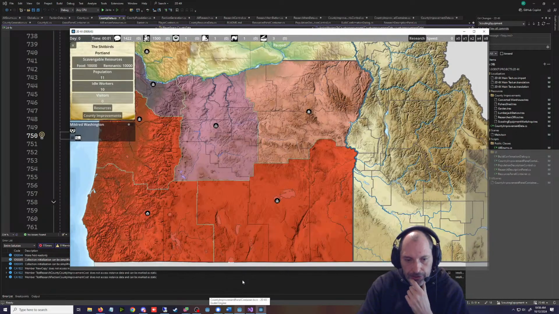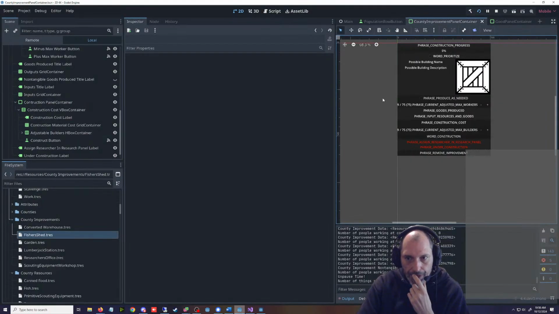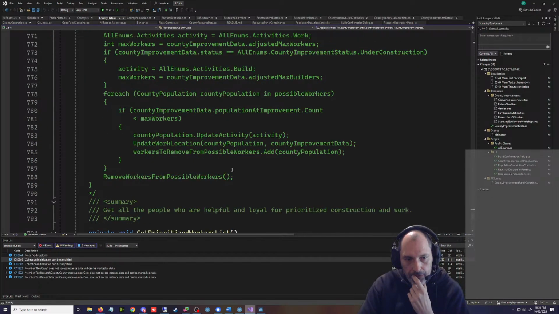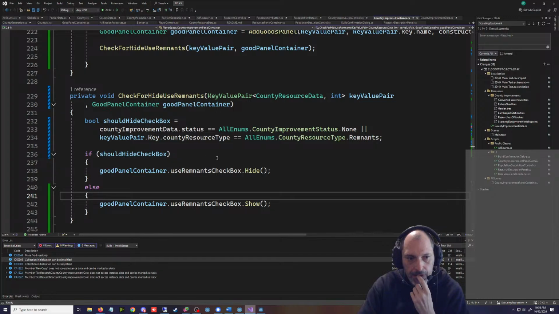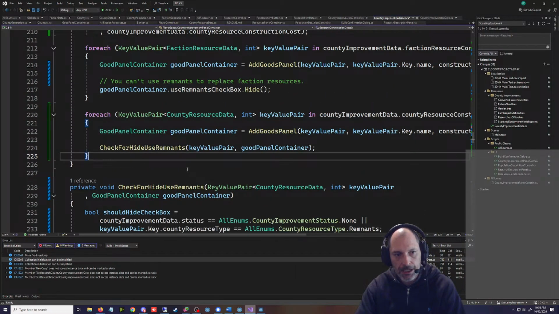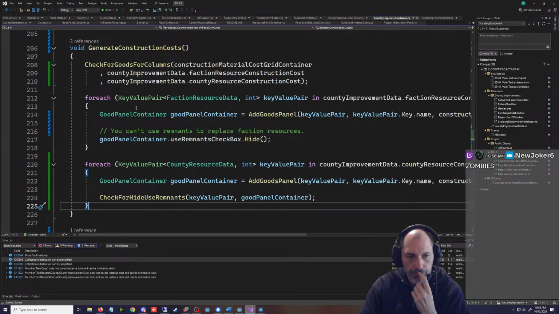So this works. I guess we need to add it to another thing. What the fuck is this? Why is this all commented out? We should delete that. All right, so check. So we've reduced this one down to